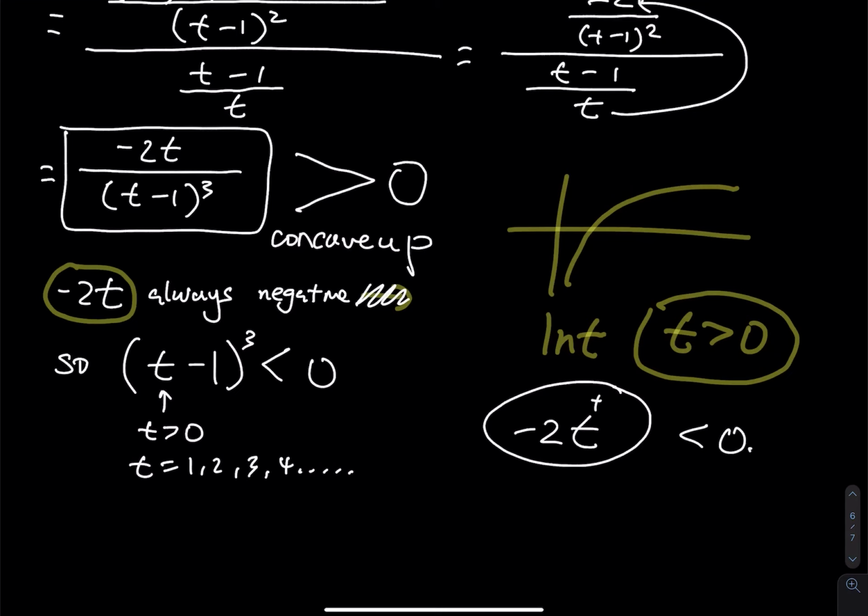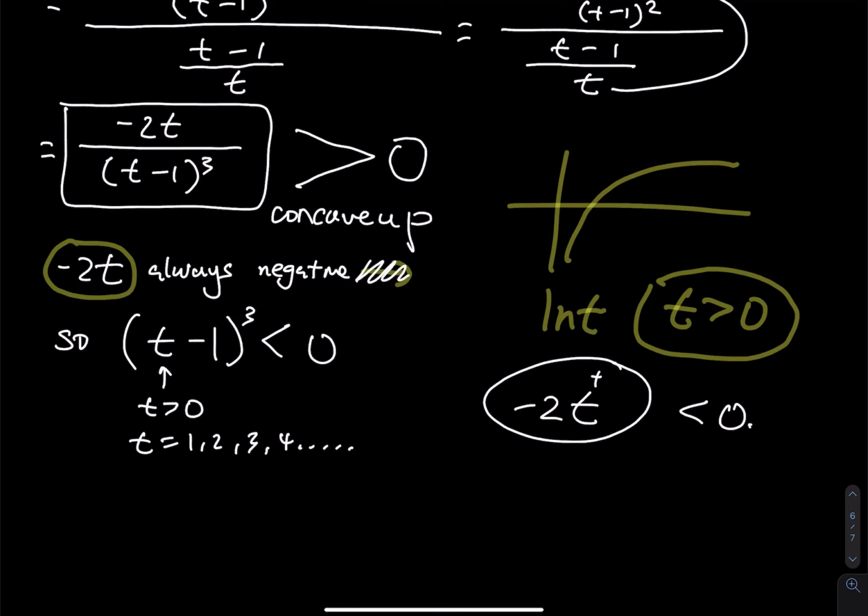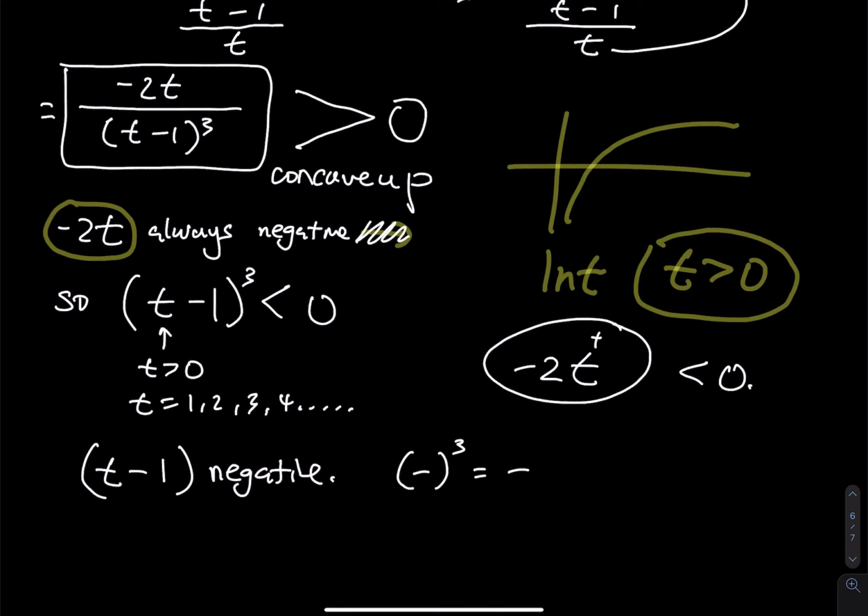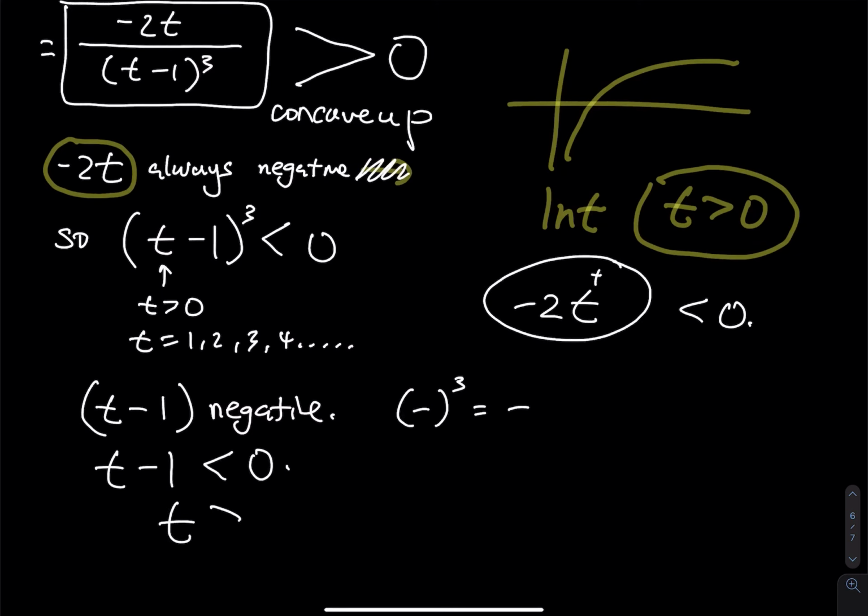So for the (t minus 1) to the third to be less than 0, here is what I want. I want this quantity to be negative, because if you take the cube of that, you still get a negative. So t minus 1 is negative. So now we have t must be greater than 0. Can you combine them for me? So that means overall t must be,